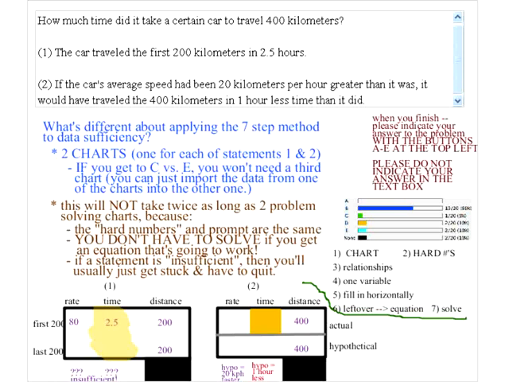So the rate is 20. Let's make our variable in the time column, because this is what we want anyway. So hypothetical is 1 less hour. Since we have a choice, we might as well put our variable at the thing we want anyway. That can help. So then we've got to do division. So this is going to be 400 divided by t, and then this is going to be 400 over t minus 1.